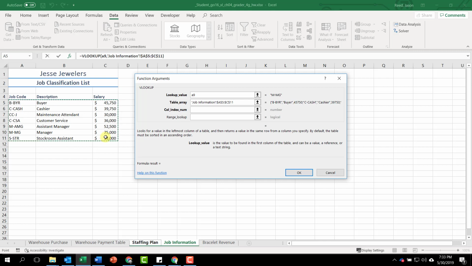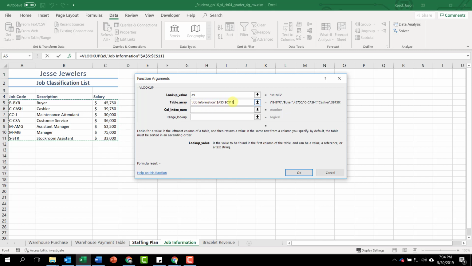Now, if for some reason F4 does not work, or if you have a laptop, hold down the FN key on your keyboard. Usually it's down by the space bar. Once you're holding down the FN key, you can hit the F4 key. And if that doesn't work, you can put a $ before the A, a $ after the A. You can put a $ before the C, and put a $ after the C. And that will do the same thing. It'll make it an absolute cell reference. And you're going to need that when we